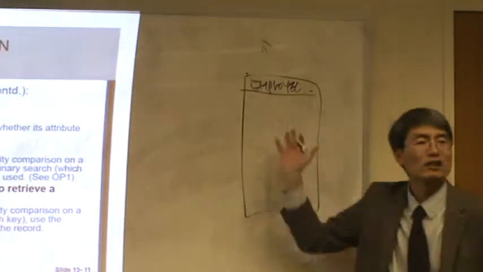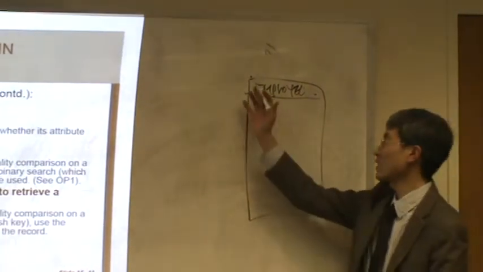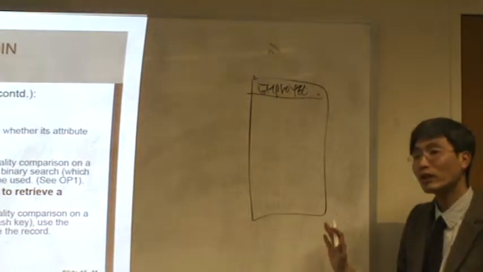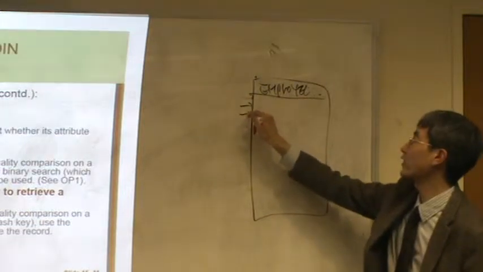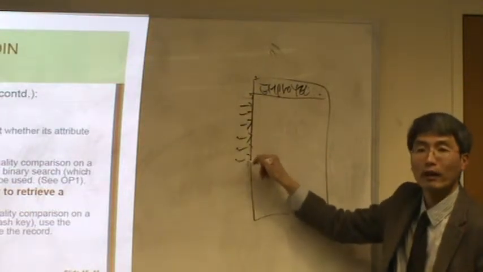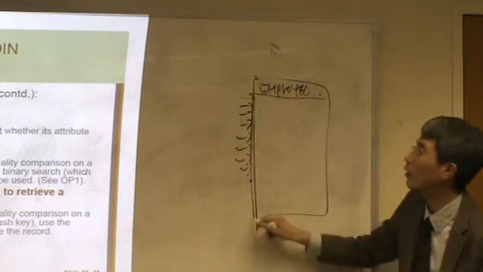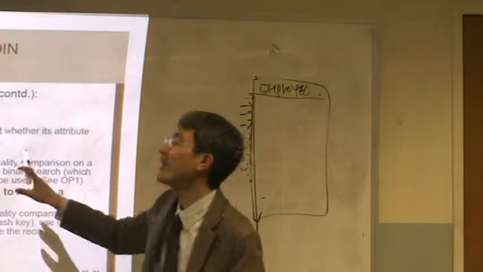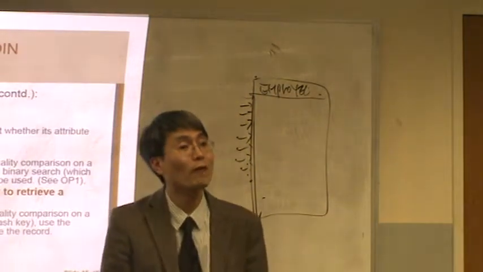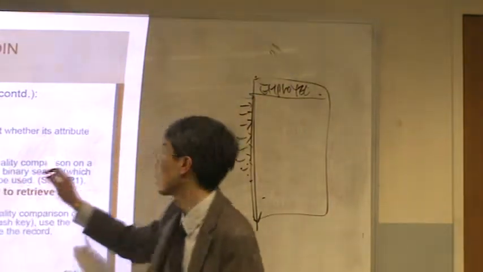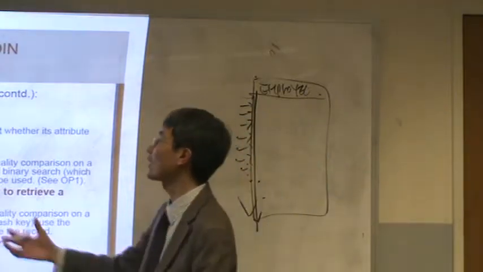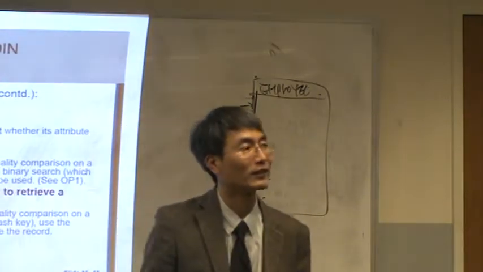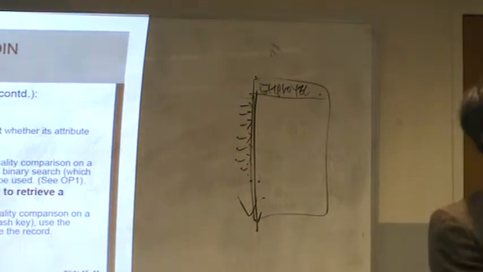It doesn't matter whether this is ordered, sorted, or indexed. Just read the data, access the data line by line, tuple by tuple, from beginning to end. It's called linear search. Sometimes it's called a full table scan, because you need to access the entire table to find the data. Or sometimes it's called the brute force way. This is the naive, general way to access the data.